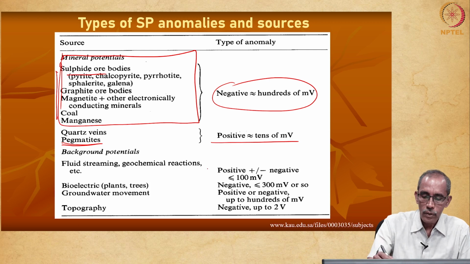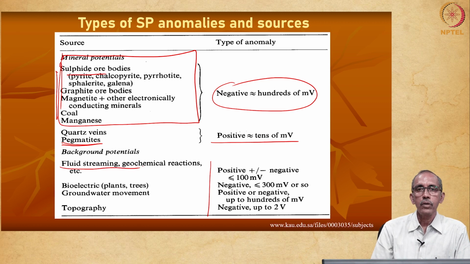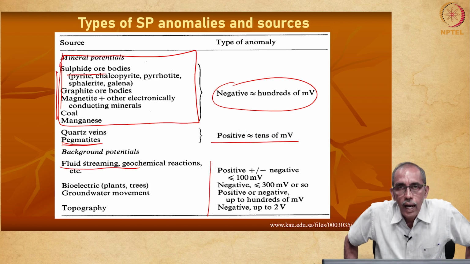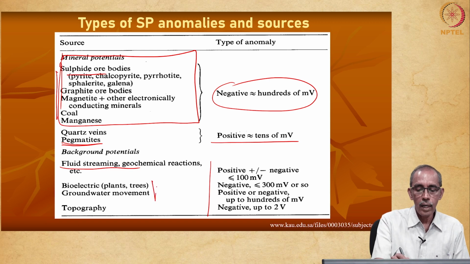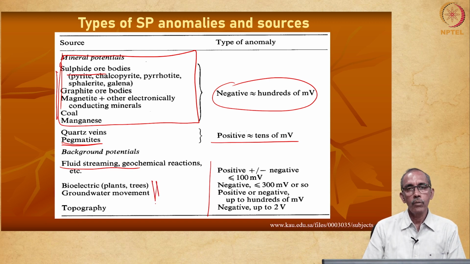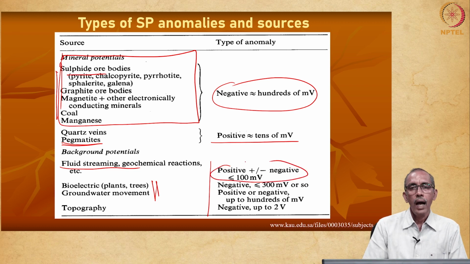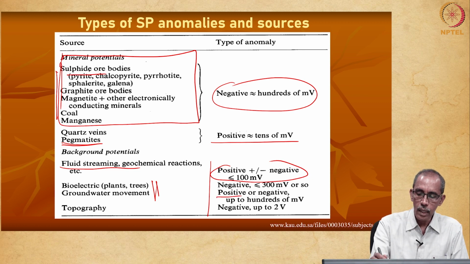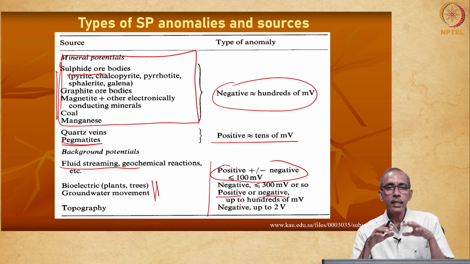Then if you search for something else, especially if you are trying to locate zones having a higher amount of geochemical reactions, or looking for locations of groundwater movement, maybe beneath an earthen embankment, they will usually be positive. Depending upon the situation, groundwater movement beneath the surface may sometimes create positive or negative, but what we actually look for here is an anomaly.